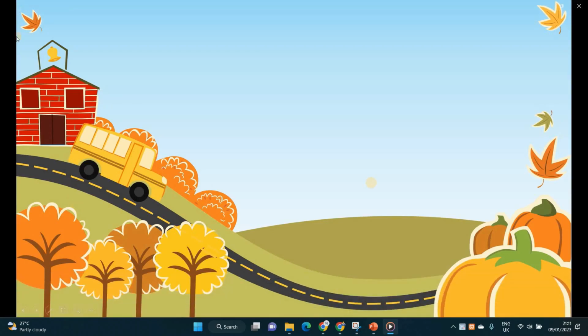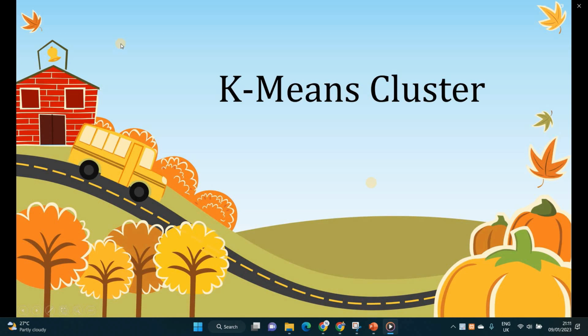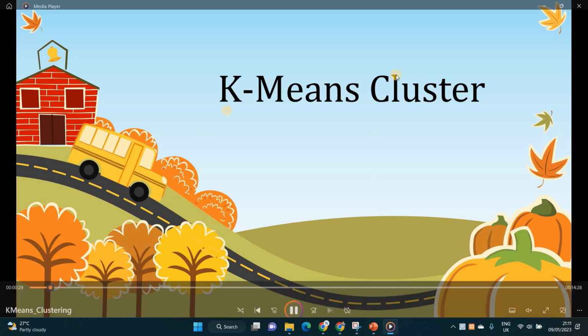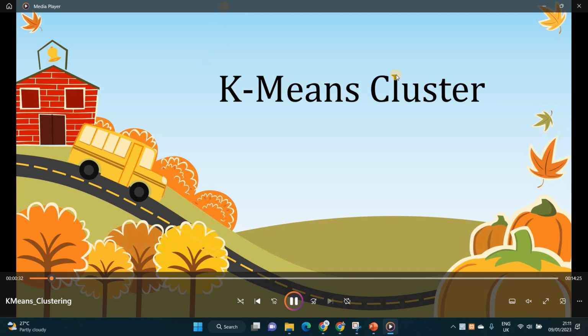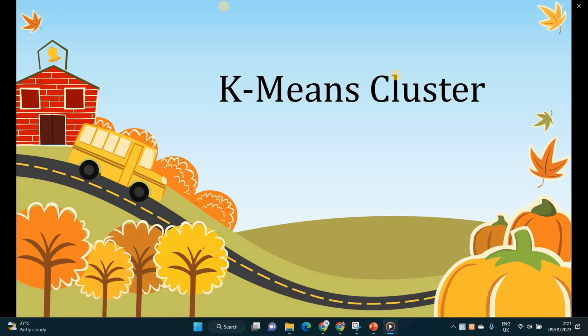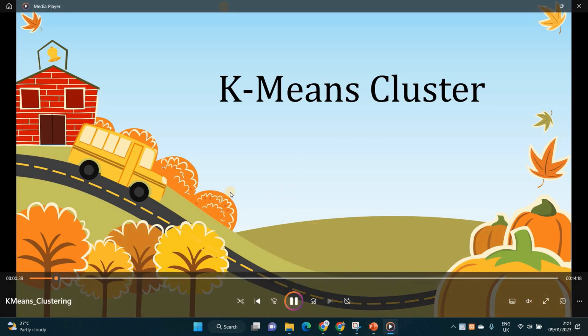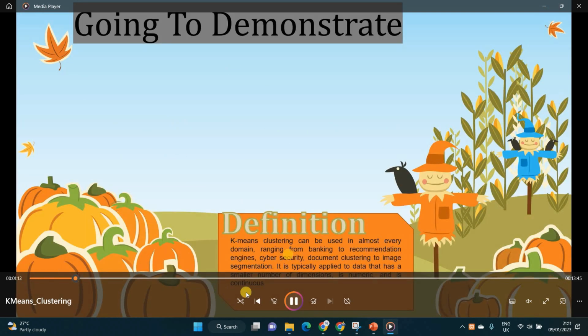Today we are going to learn how to draw the KMeans clustering using the Python library. In our previous video, we have learned several things related to the scatter plot creations and the bar chart creation using the Python libraries. Here also we are going to use the Python libraries, that is matplotlib and the sklearn. Yes, before going to the demonstration,